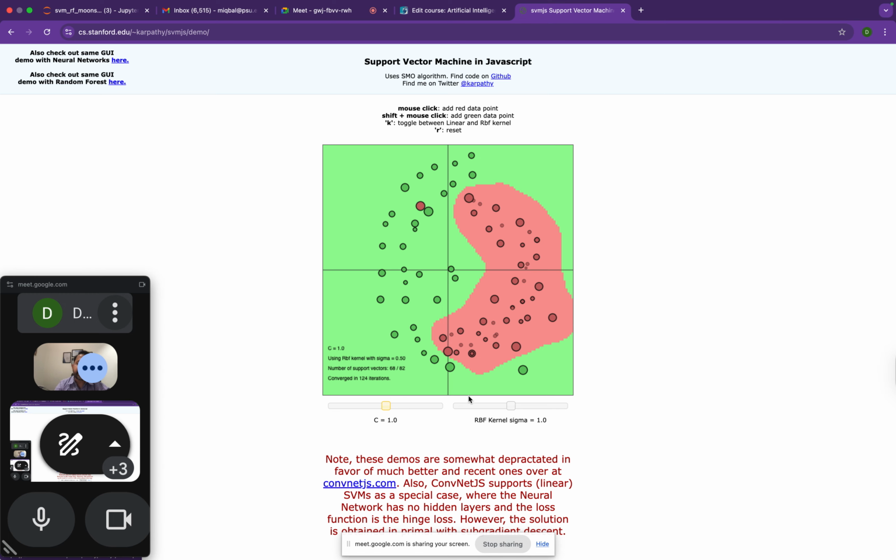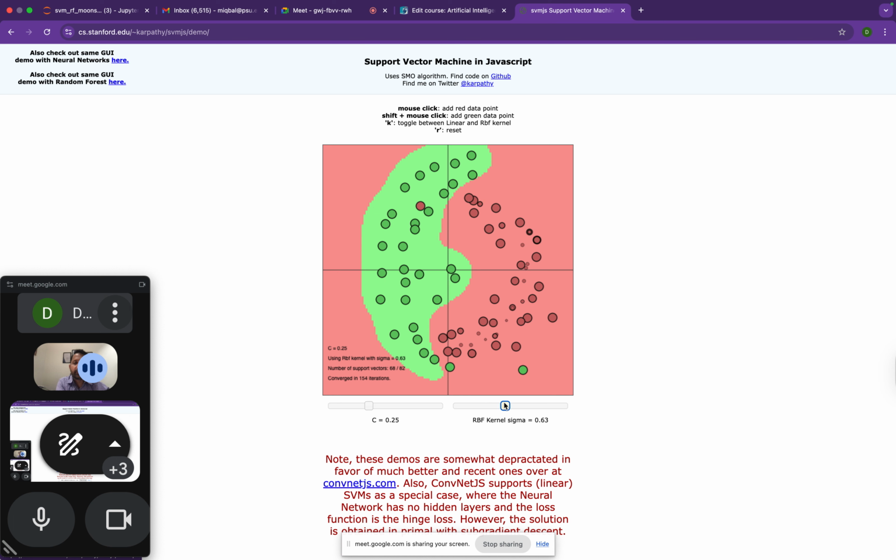Now I've got C, and I've got sigma, the RBF kernel value, sigma, gamma. If I keep C at the default, what does this mean? If C is higher, the margin is going to be narrower. But then I did not allow curvy, did I? I need to allow curve. Okay, here we go. Here I will get a good accuracy, isn't it? If I put my kernel as RBF kernel with sigma 0.63 and I leave C at 0.25,